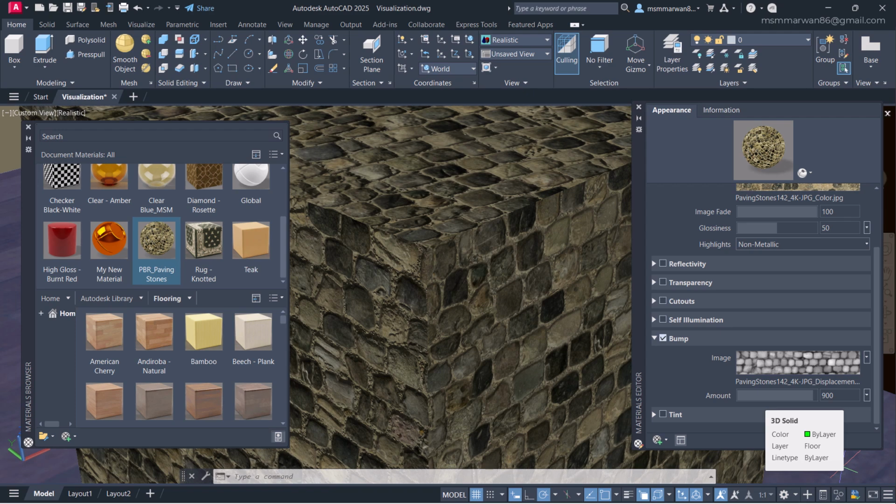Hi, in this lecture, let's see the PBR materials in AutoCAD. In the previous lecture, we have already created PBR materials. PBR means physically based rendering. In the previous lecture, we have already created a PBR material and we have applied it and adjusted the bump